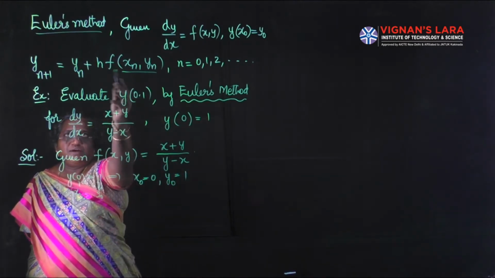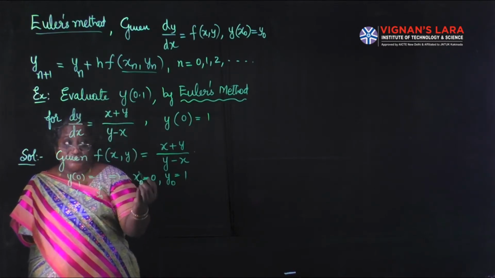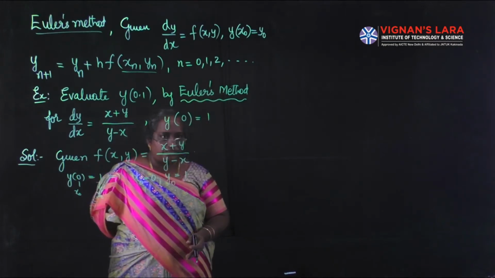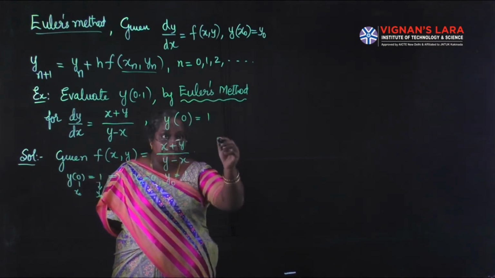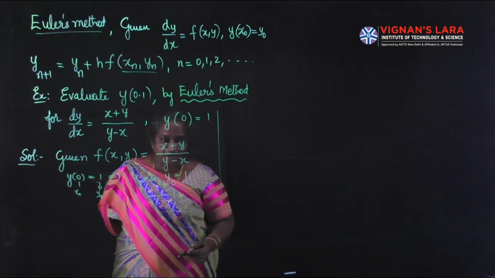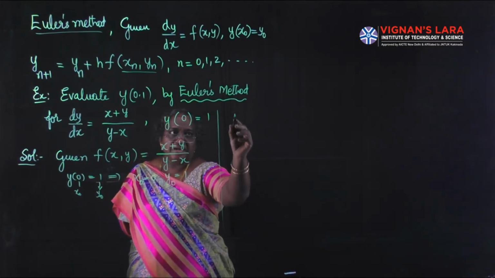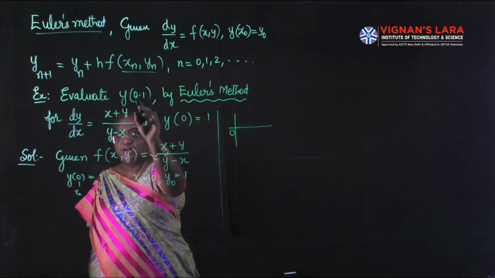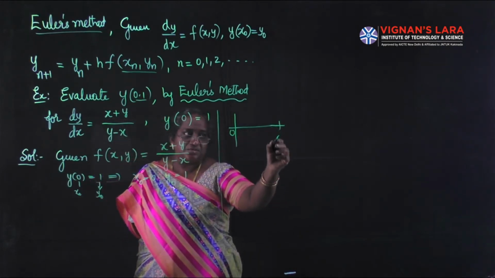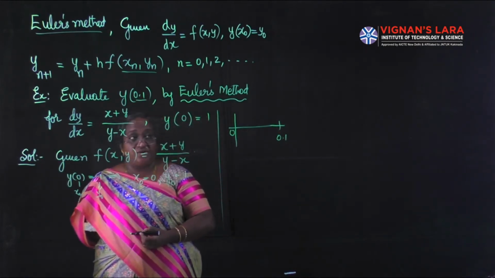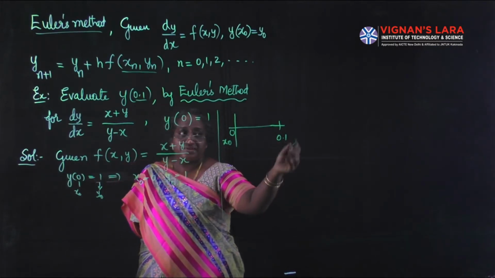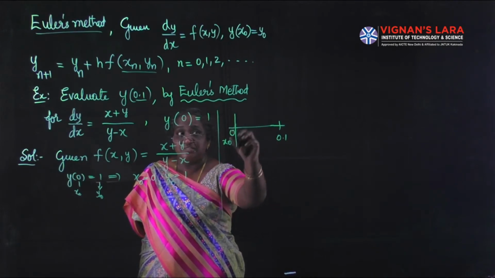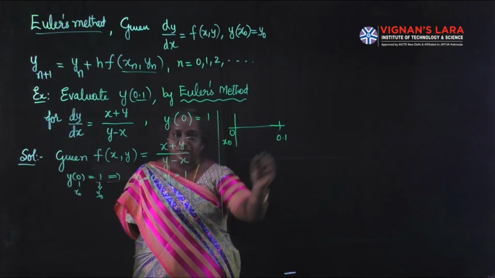So now what is it that we have to calculate? What is h? You have to decide, because it isn't given here. Taking h is equal to so and so. What are the ways of taking h? See here, where am I starting? X naught is 0, I am starting at 0. What is the value asked? I have to reach 0.1. For some value of x we were asked to find y. I have to reach 0.1 not in a single step, not straight away from 0 to 0.1.